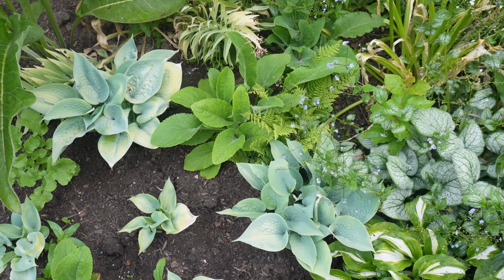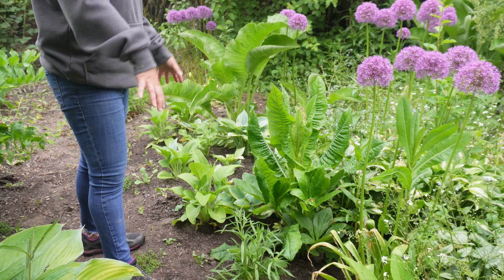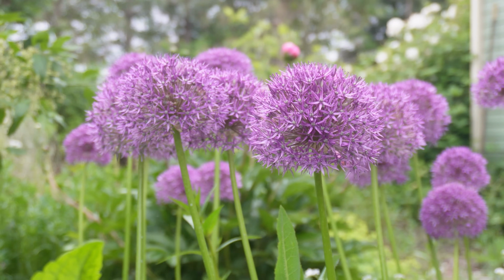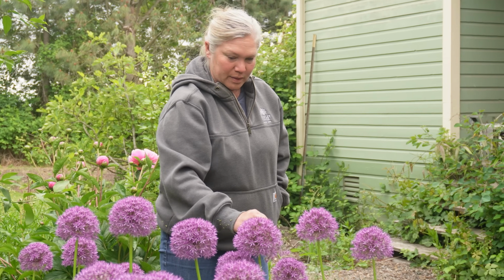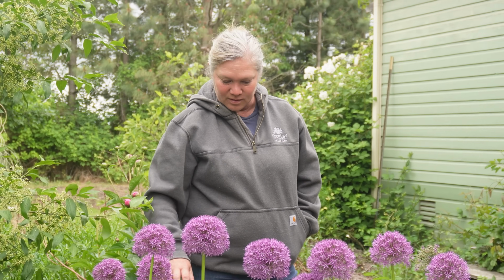And then we have all the hostas, the new hostas that I popped through here, and some peach foxglove that will be shooting up here shortly. So we have just a scattering of these beautiful alliums. Some of them are starting to fade, but some of them have just started to peak, which is kind of fun. Like this one's starting to go over a little bit, but I just think they bring so much whimsy